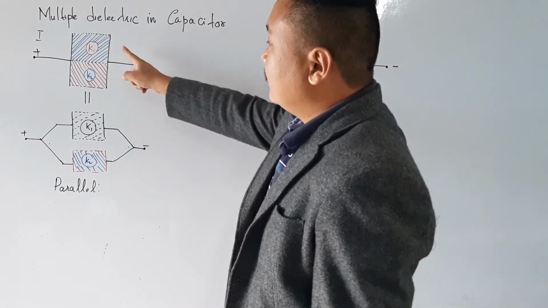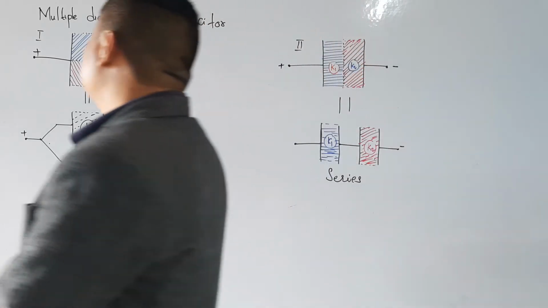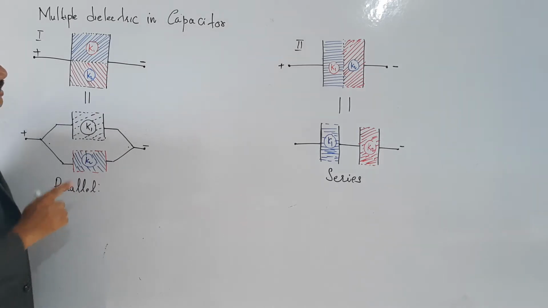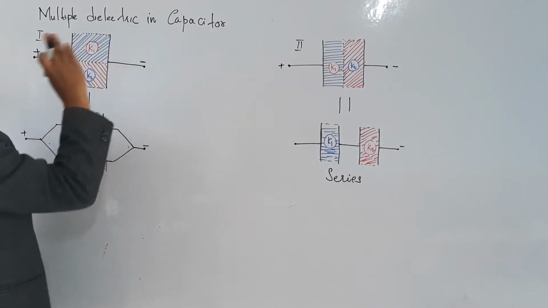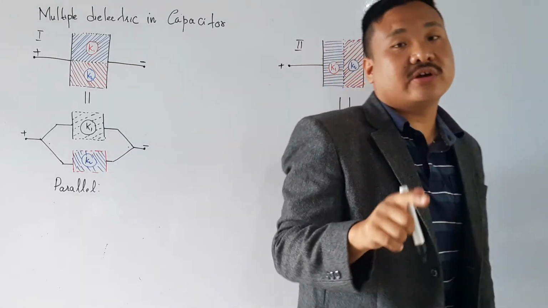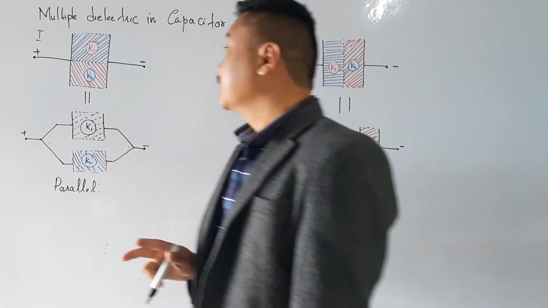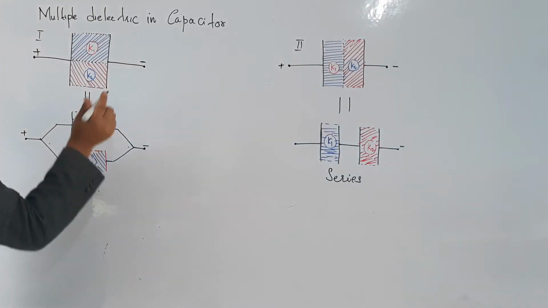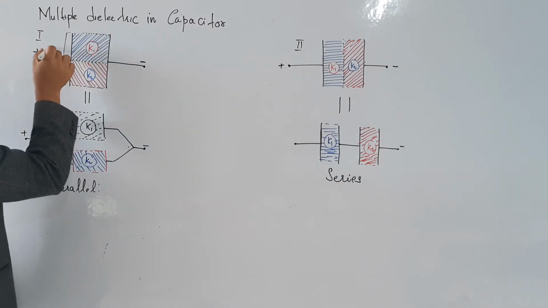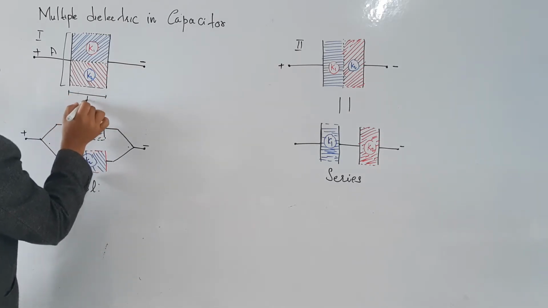So there is a capacitor in which there are two types of dielectric. The upper half is with K1 and the lower half is with K2. So how to solve this kind of question? This is very important. In the 2020 examination, this type of question was asked in two sets. Here, this whole is my area A, and this is the distance D between the two plates.